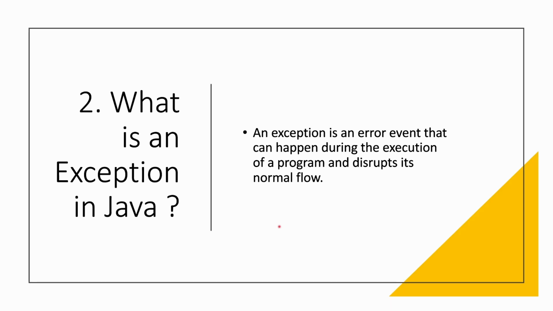Okay, and one more example can be that you're driving somewhere and your car got punctured. So you are just disrupting the normal flow that you were thinking, right? You did not think that the car will break down in the middle. You did not think the internet connection will go, but it went and the car stopped. So this is a kind of exception that occurs and disrupts the normal flow.